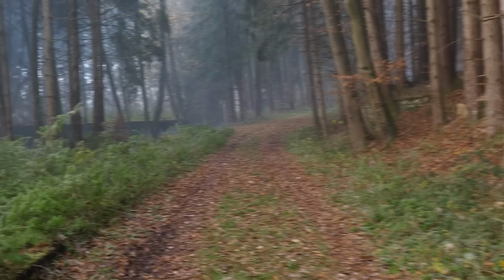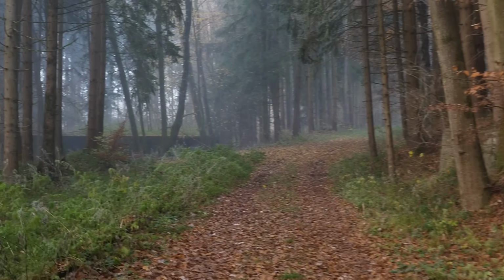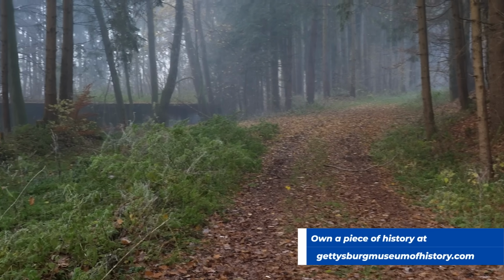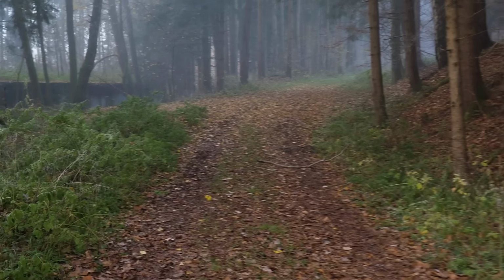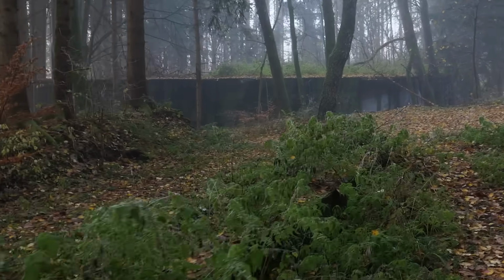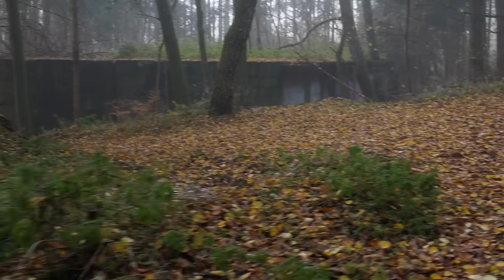All right, making our way through the woods here, and I think that we are on the old road that led to this factory, and looks like it might still be in use by some locals today. We're close to the town of Bobingen. I think I mispronounced that correctly. And in 1939, there was an explosives factory by the arms company Dynamite AG that was built near here. It was called Facade I. And then where I'm at right now was on the other side of the river from Facade I. And this was Facade II, and I think we might be coming up on one of the buildings of this complex. But anyway, there was a railway that was built to this factory, and holy cow,